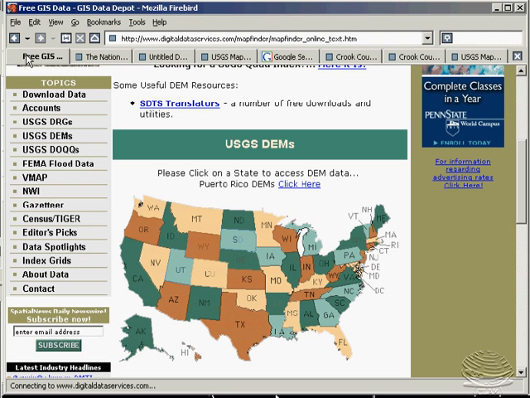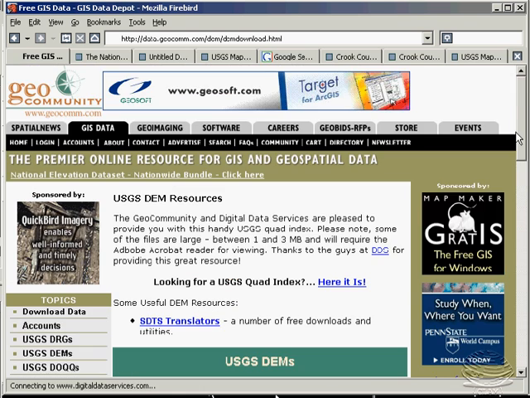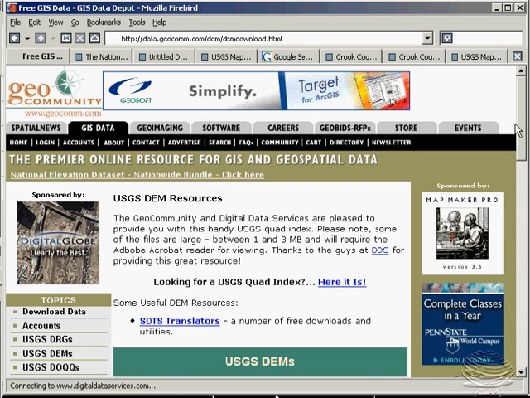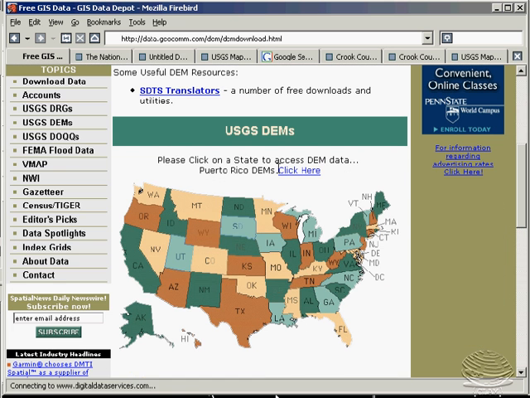And then you're going to go to a download source. There's two distinct places, maybe three different ones to download. GeoCommunity, geo.com, is free. All you have to do is register. And when you go to the USGS DEM download, what you get here is a map of the United States, and you go to Wyoming,